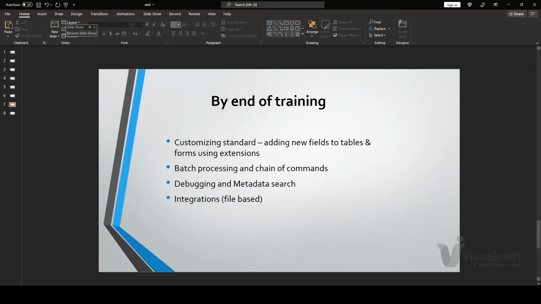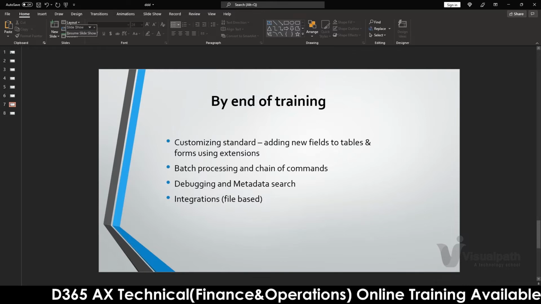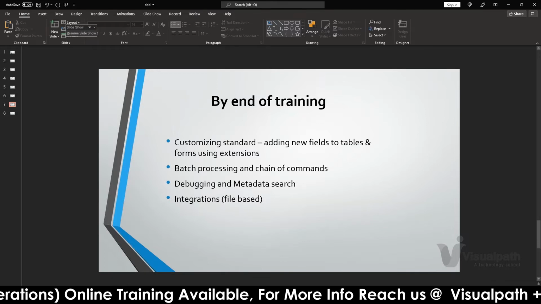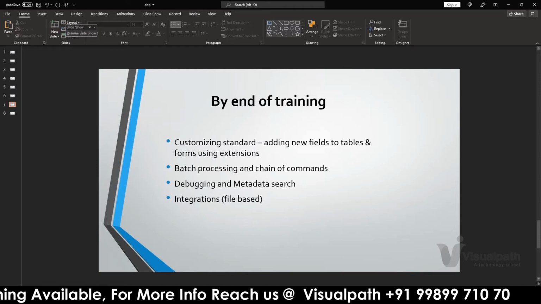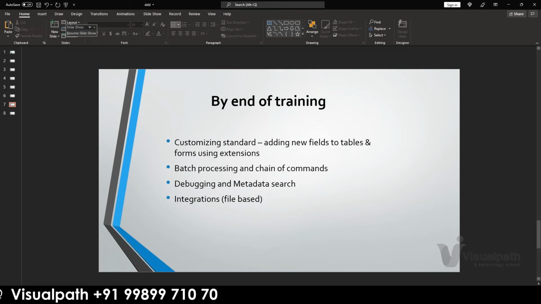By the end of the training, we will be very comfortable customizing any standard object, like adding new fields to a table and showing those new fields in the forms as per the requirement.